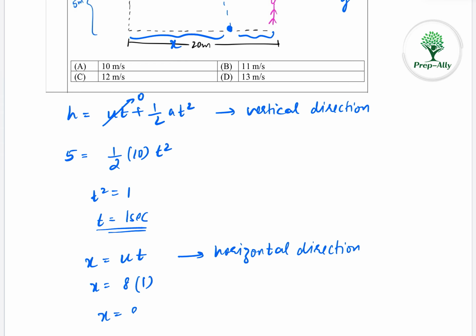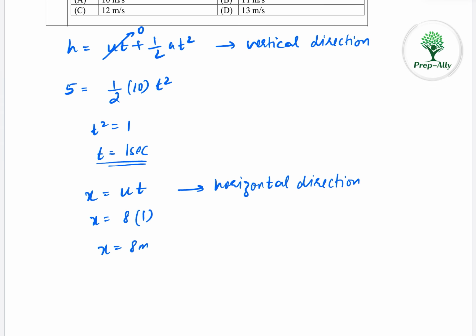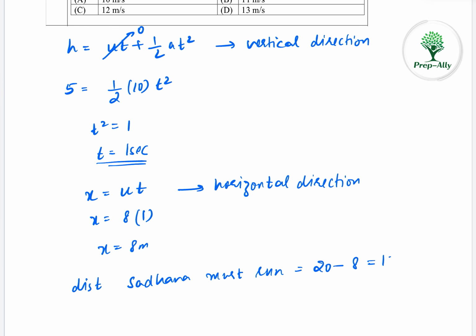So x is 8 meter, which means the distance Sadhana must run is 20 minus 8, which is 12 meter, and time Sadhana has